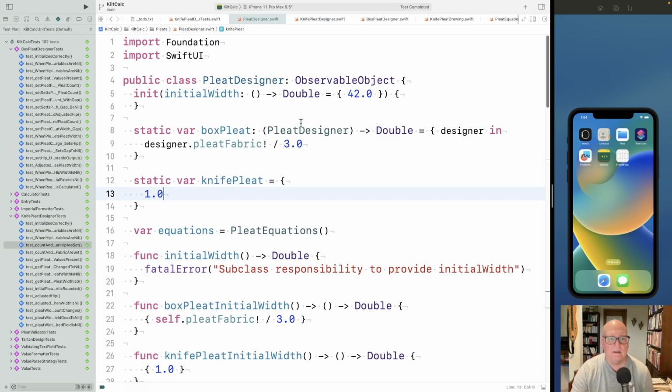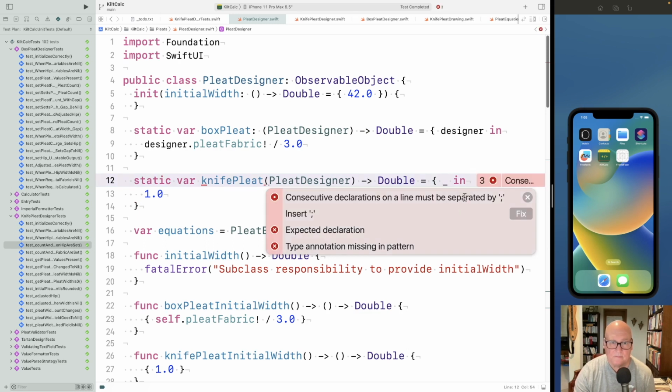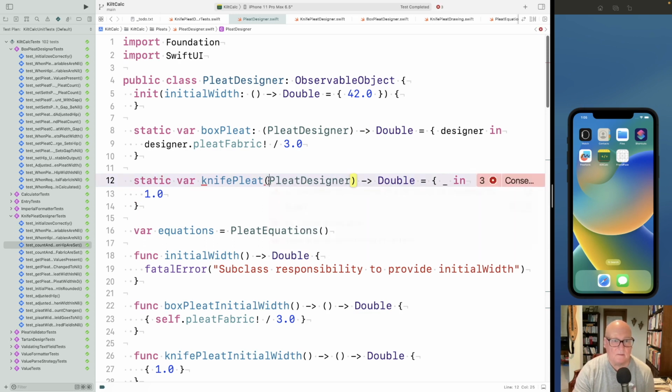Now, its type has to be the same. And it's going to ignore the designer. Okay. Oops. Okay. So now